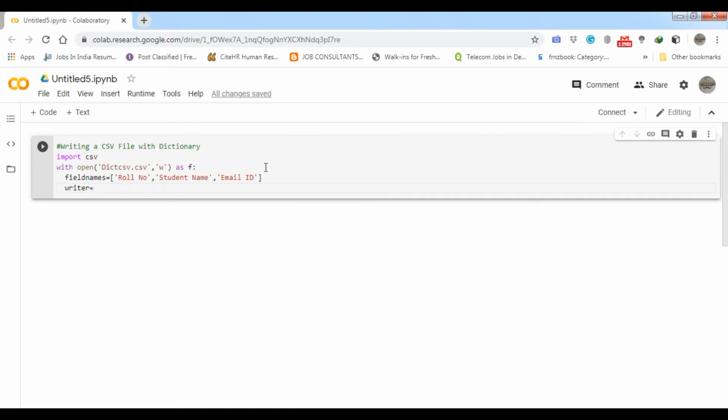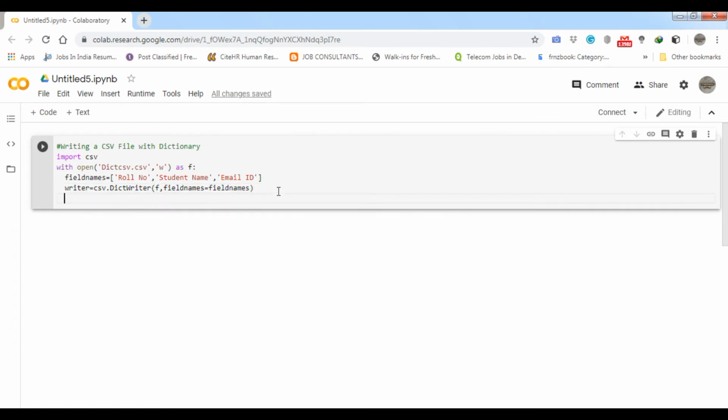I will call the CSV module, then DictWriter, and inside that I will pass this file f as object, and then the field names, the same thing. Then I will write this header with writer.